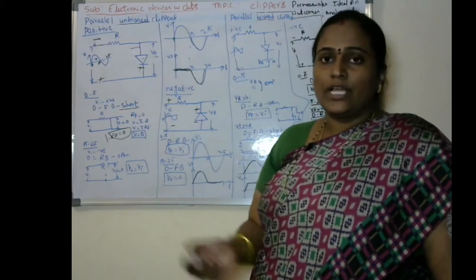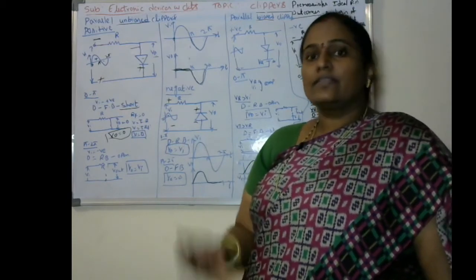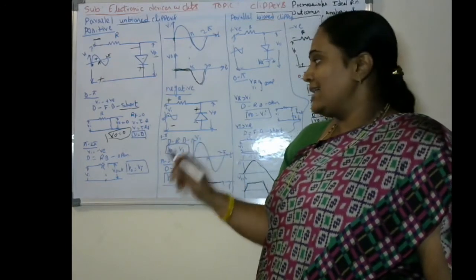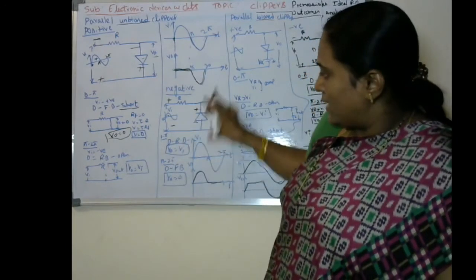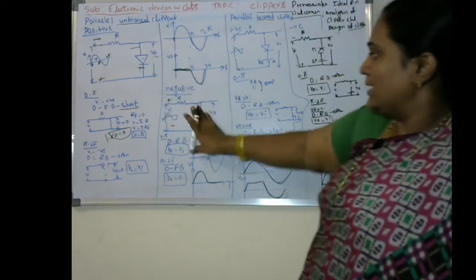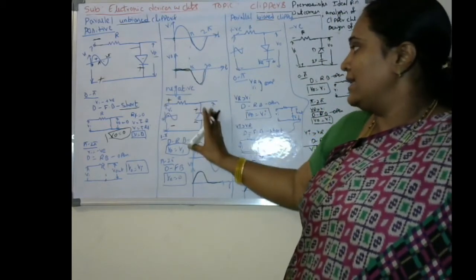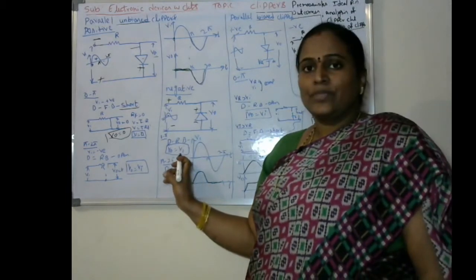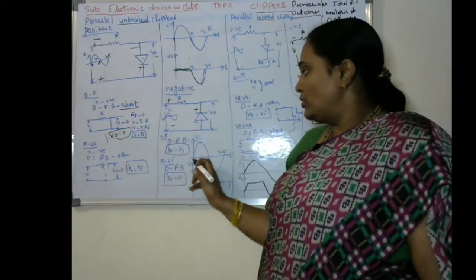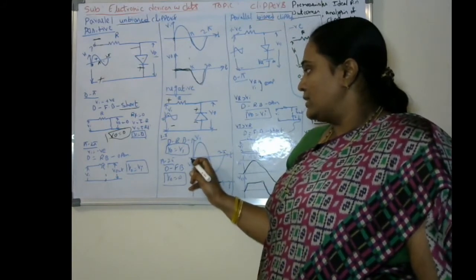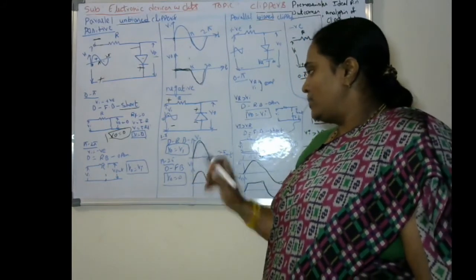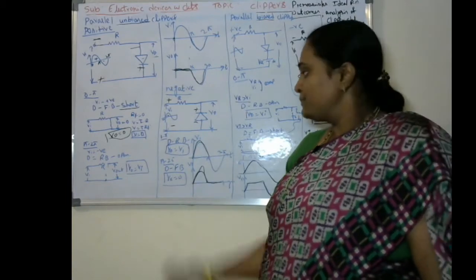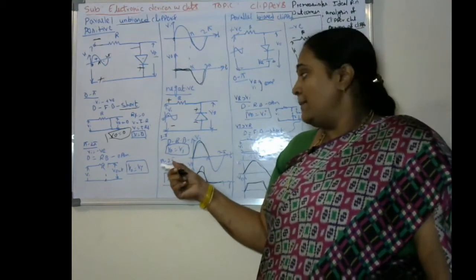So what happens to the diode? The diode enters into a reverse bias condition. Whenever the diode enters into the reverse bias condition, it acts like an open one. It is opened right now. Once it has been opened, the output voltage goes directly to the input voltage. So V0 will be equal to Vi. So whatever the input is over 0 to pi in this case, the same output is going to be produced. Next, the analysis for the pi to 2 pi case.